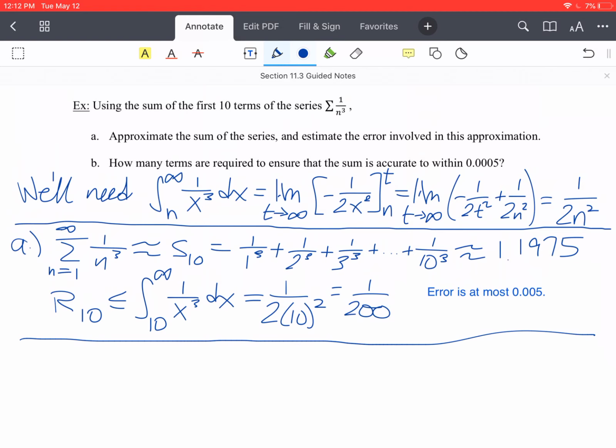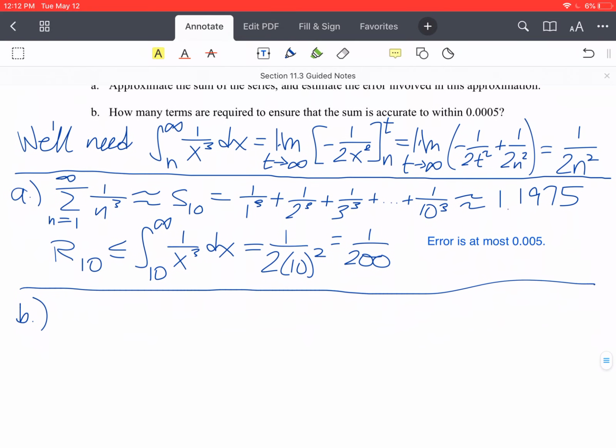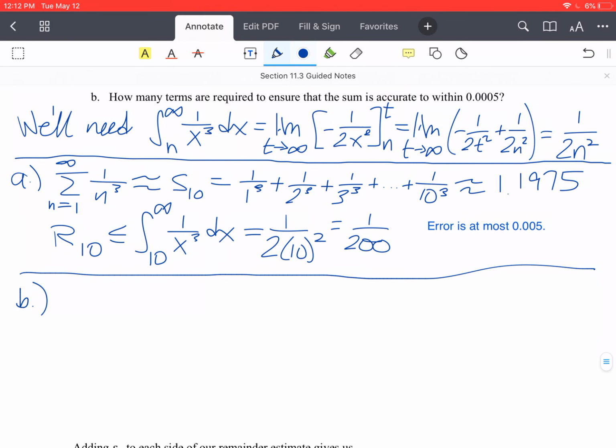And this kind of leads into part B, because part B says how many terms are required to ensure that the sum is accurate within 0.0005. So maybe you're saying, I need to be accurate within 0.0005. Then in that case, how many terms do I have to do? Well, we can figure that out right now. So,